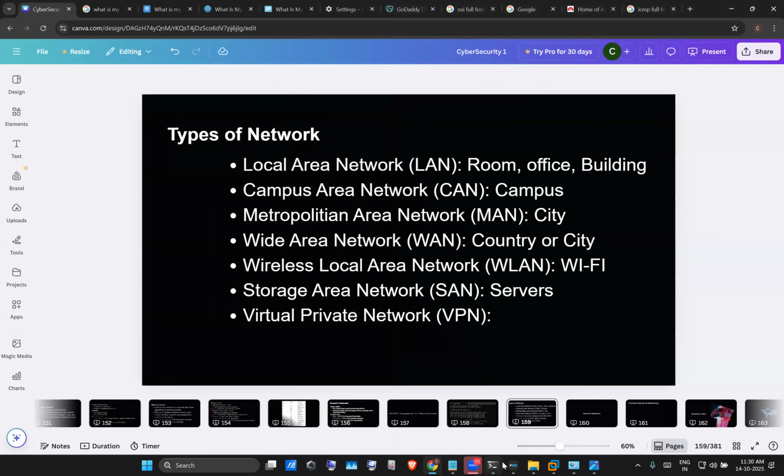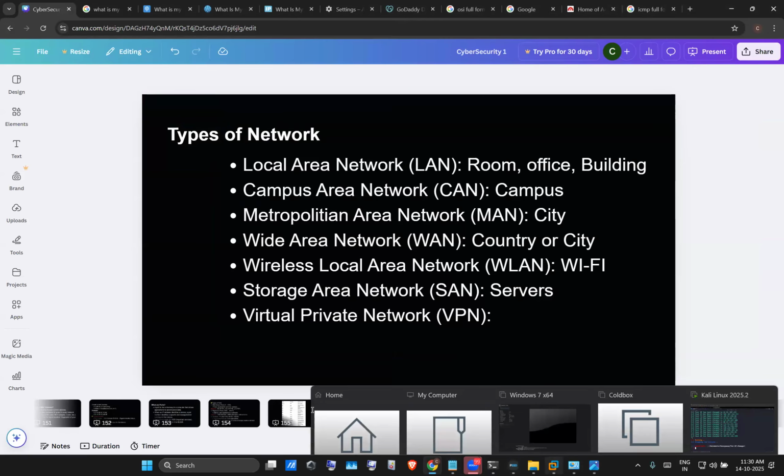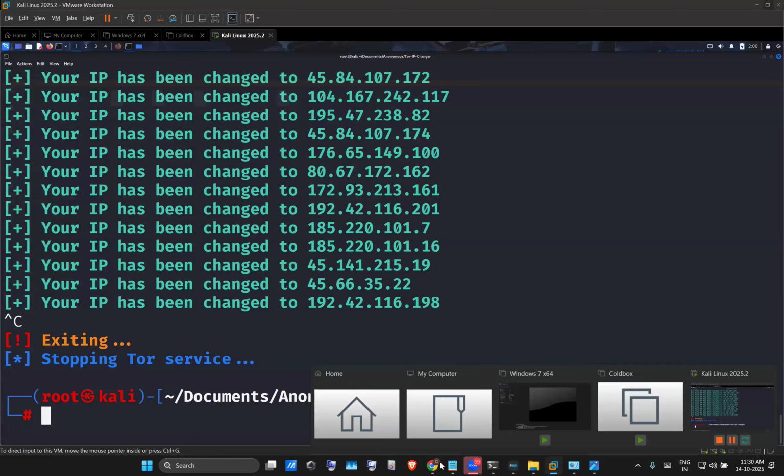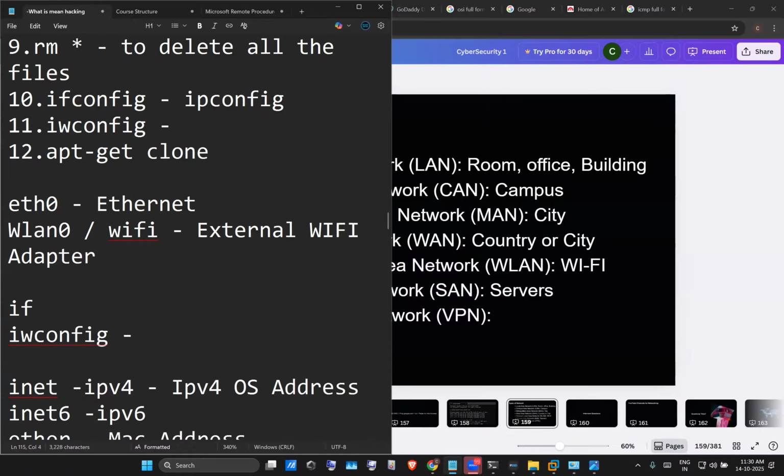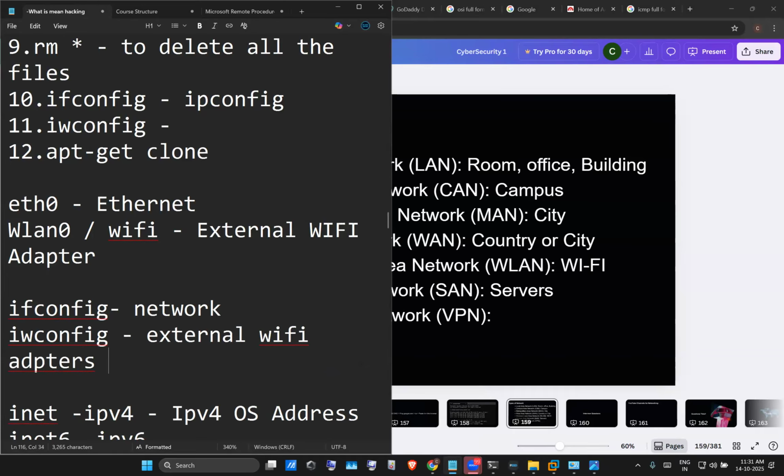Okay. Why do we use ipconfig? IP network configuration, Windows network configuration. And ifconfig is for Kali Linux, Linux configurations, network interface configurations, to check network configurations like IP address, MAC address, right? And when it comes to iwconfig, if you have added some external Wi-Fi adapters, in that scenario we can use iwconfig. We are going to see